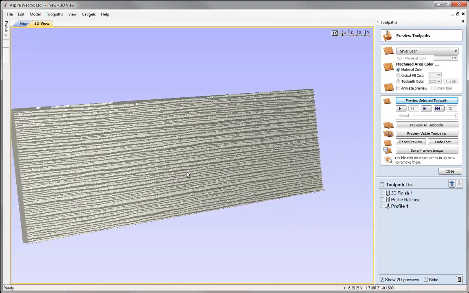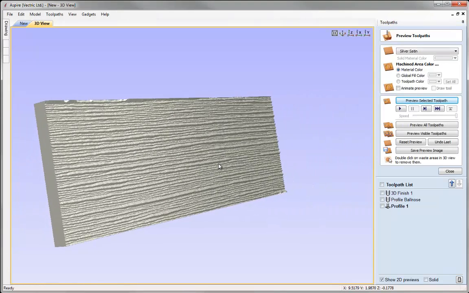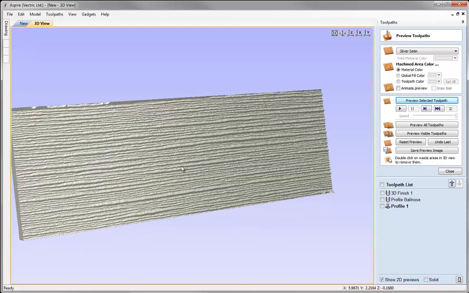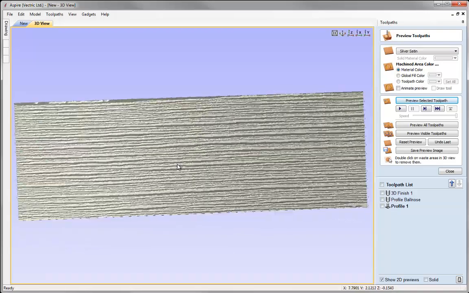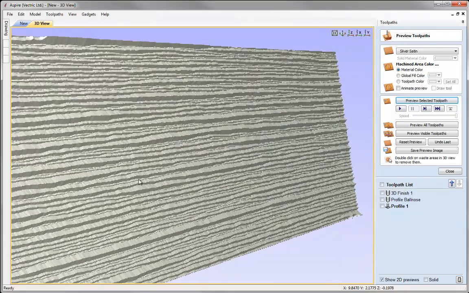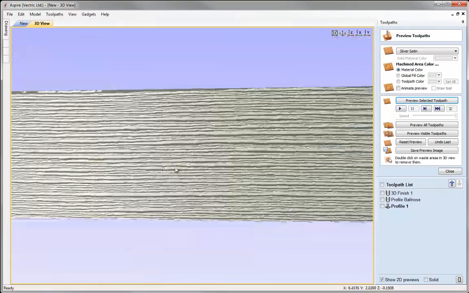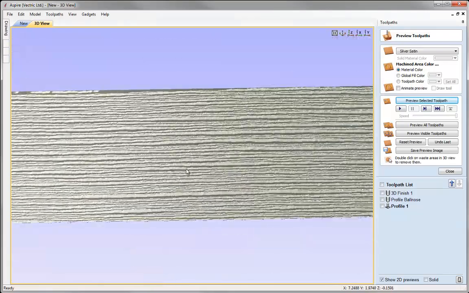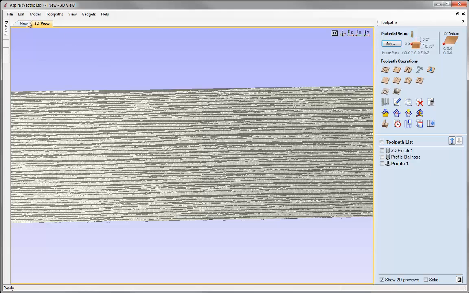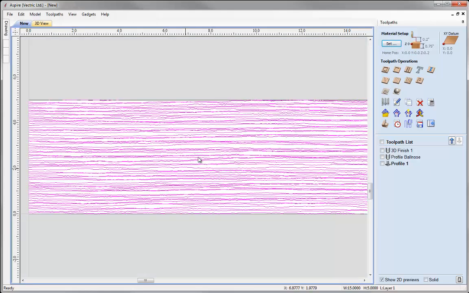And you see you get quite a nice texture that represents wood grain quite well with the V-bit tool. Now, this is just a standard 2D toolpath. What we can do now is go ahead and utilize a 2.5D type toolpath with the same vectors. So let's close the preview toolpath form, and let's just make sure our vectors are still selected, and go into